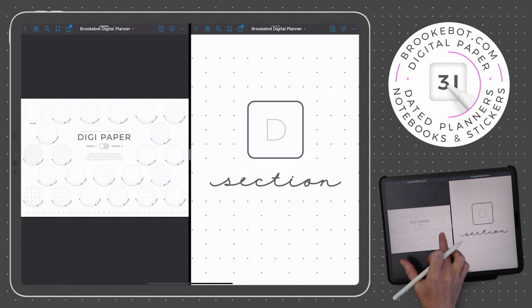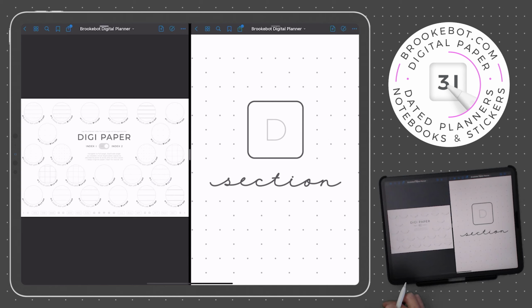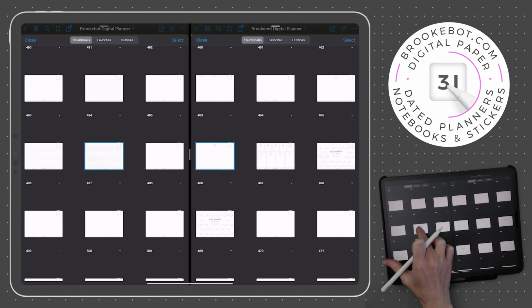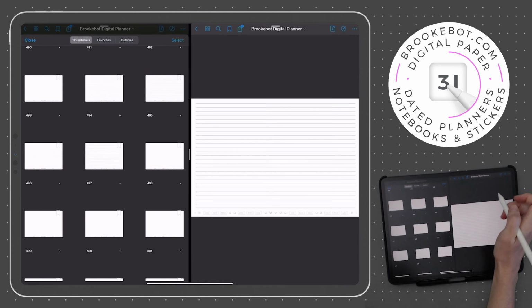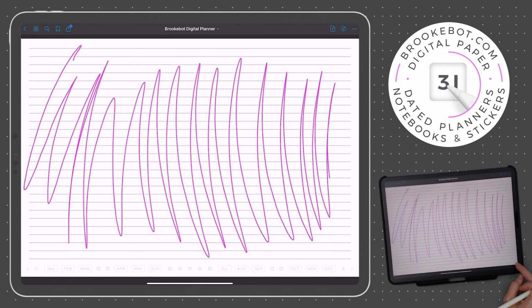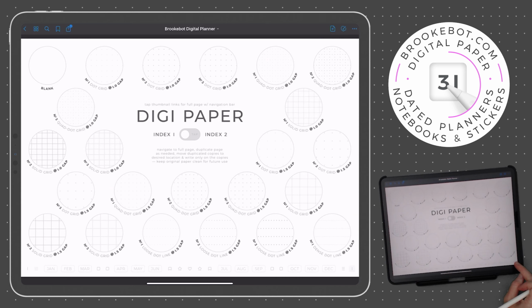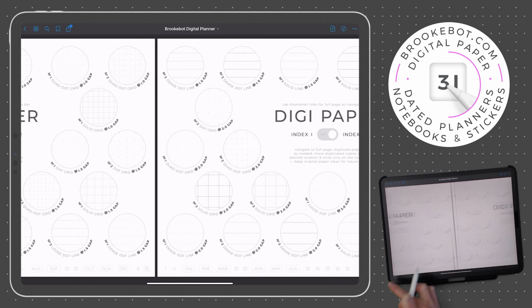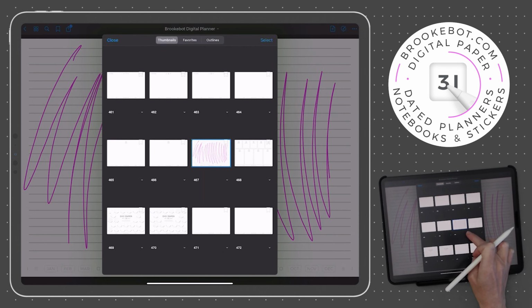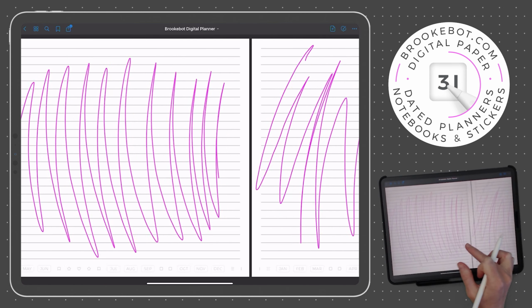Each thumbnail in the index is permanently linked to its matching full-page DigiPaper, the one original DigiPaper. So let's say we accidentally take one of these original DigiPapers, move it somewhere else in the planner, and write on it. When we come back to the index and tap on that thumbnail, the page we land on will already be in use. You could duplicate that page and then clear its contents, but that's not an efficient way to duplicate DigiPaper throughout the life of your planner.